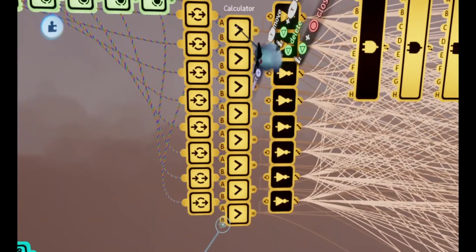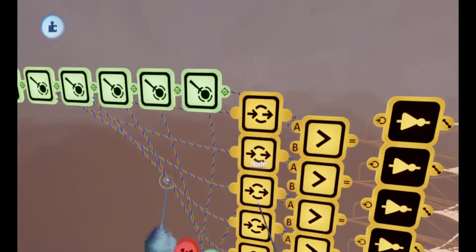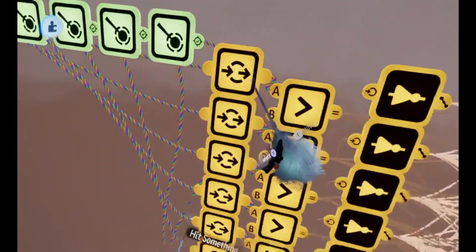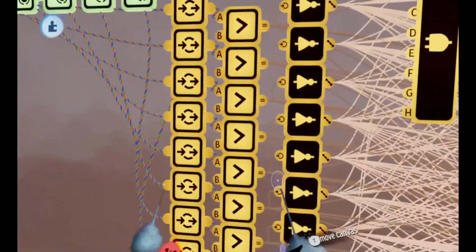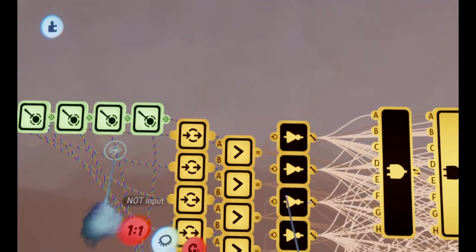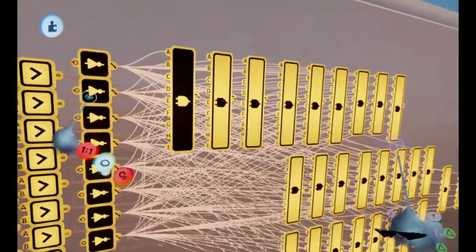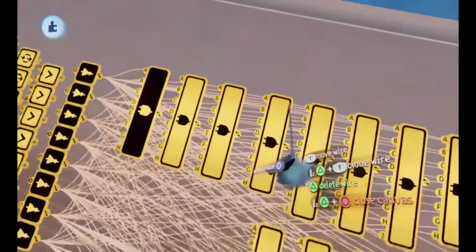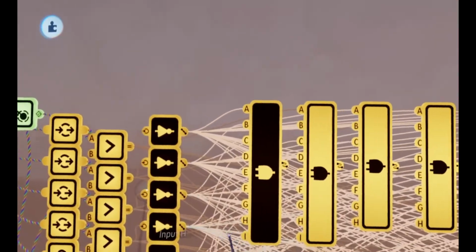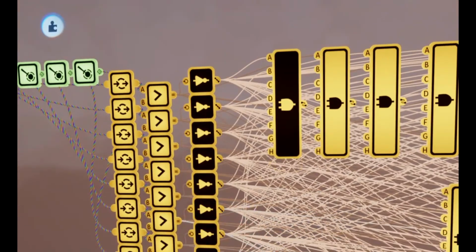Now, you can also just use these calculators, and maybe I'm using it wrong. Maybe you could just put these outputs in that, but I'm just using this for security. So what I have is a bunch of AND gates. These are literally kind of like if statements, but basic.